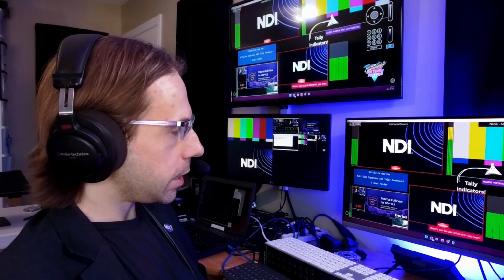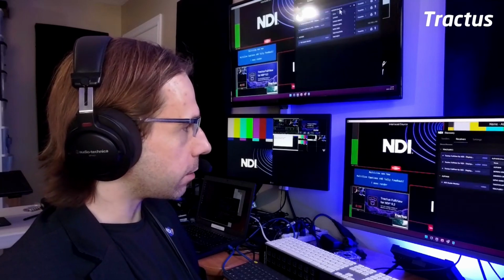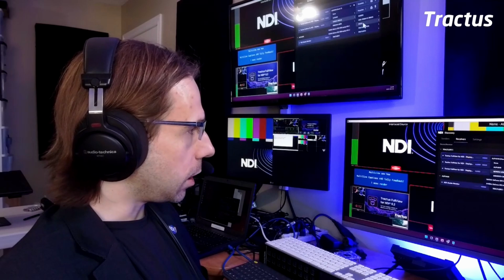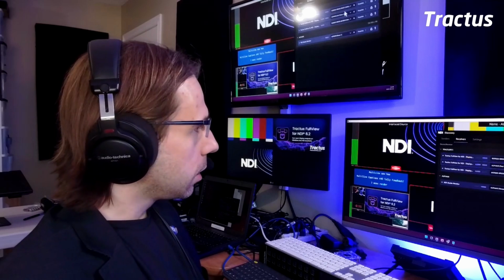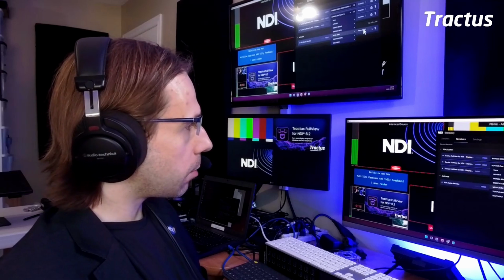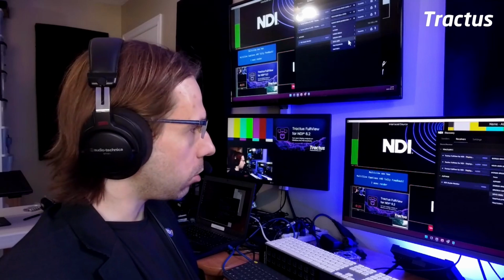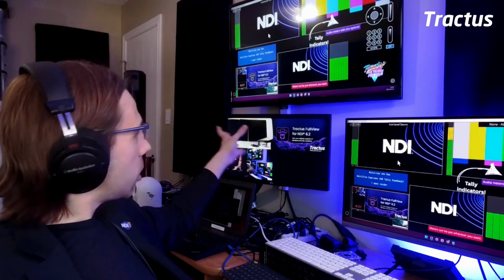And if I start playing with this in Discovery, we'll stay on the full screen for a second here. I'll grab one of the GPU outputs and assign that to display 1, and then I'll grab one of the camera outputs and assign that to display 2, and I'll grab another camera output and assign it to display 3. So all I'm doing in Discovery is just picking which sources I want assigned to each physical output on that computer. And that can be done through Discovery, but it can also be done through an HTTP API available if you're not running NDI 6.2 or you don't want to run Discovery for some reason.